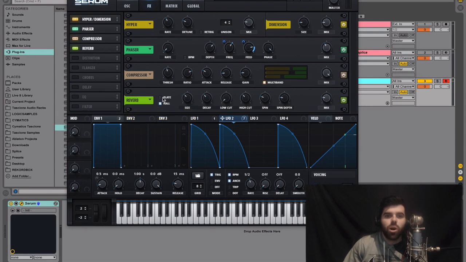So we're going to change this from hall to plate, which is a different style of reverb. And we're just going to leave the size there. We're going to take the pre-delay up, which is going to turn off the reverb for this set amount of time when the signal comes in. So I'll exaggerate it a lot. That's a pretty cool setting because it basically clears out the reverb, and then it will start 250 milliseconds after the signal is done.